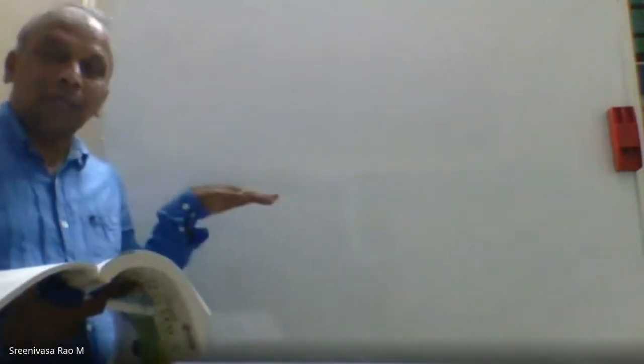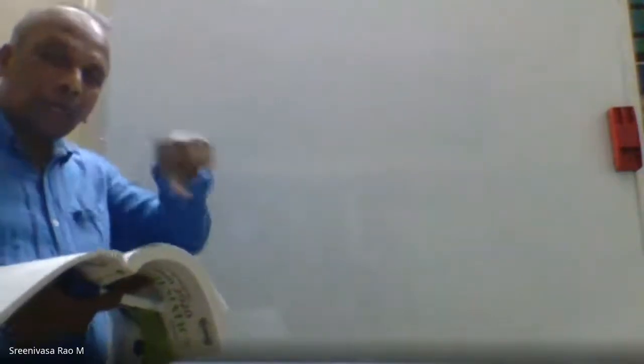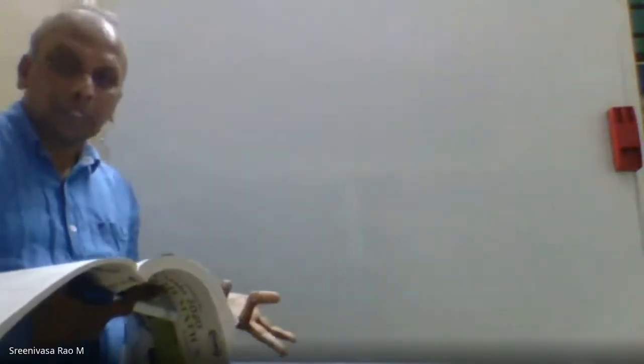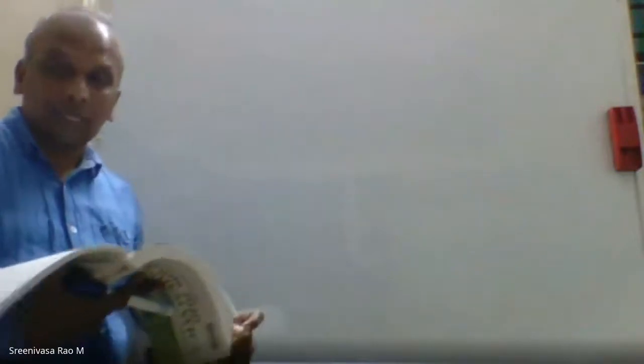Even sometimes they may ask the question: suppose a plane cuts the sphere, then what will be the equation of the circle? When a plane cuts the sphere, then after cutting, the section will be in the form of a circle. They will ask what the radius of the circle is. That type of question they will ask. Next, the equation of a sphere cut by a plane.